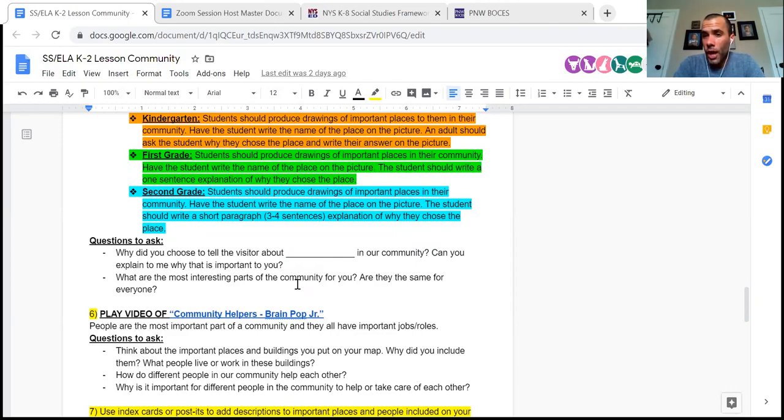So that's one way that you could actually get to see their communities, and then you could type back to the student and say, wow, that's a great job. I noticed you built the firehouse over there. And again, if you're not able to meet over Zoom or a similar platform because your district hasn't approved that, you still would be able to give feedback to the student, because that feedback is going to make them feel good. And it's going to make them feel connected to you because they are missing you.